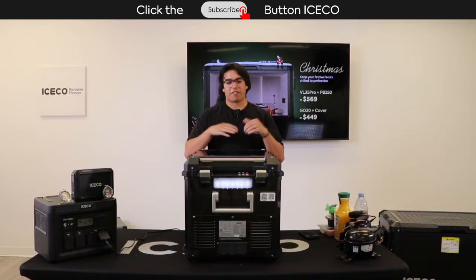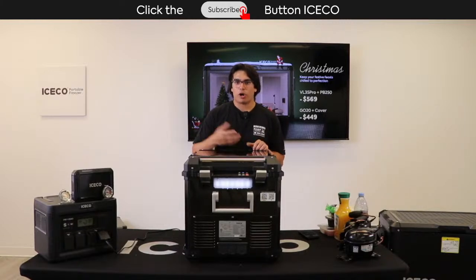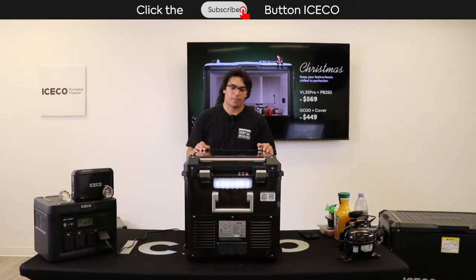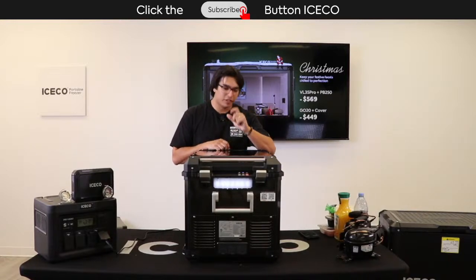And for something like a 55-liter, it'll be more than enough to feed a family over the weekend, or if you're sustaining yourself and another person, you'll be able to stay off grid for about a week. So absolutely amazing fridge. And going on to the reason why it is one of my favorite fridges, well, the reason is because,